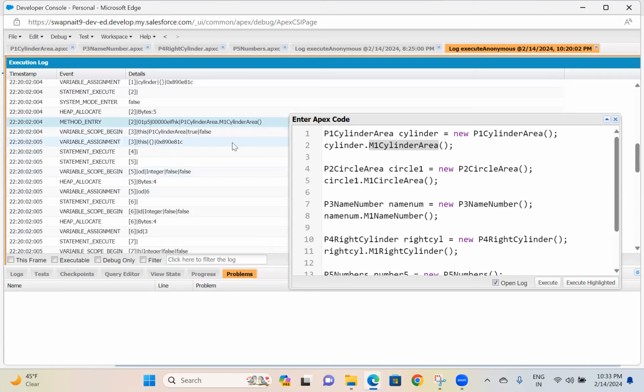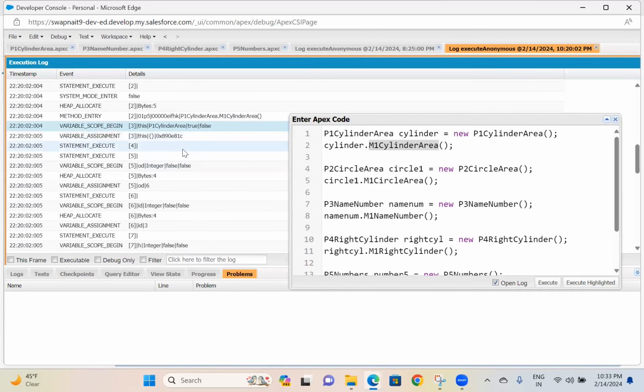After method entry, again we have a variable scope begin, where it goes to the class. The method is taken from the anonymous window, and from this method it goes to the class. From the class, it displays all this information, whatever you have declared.